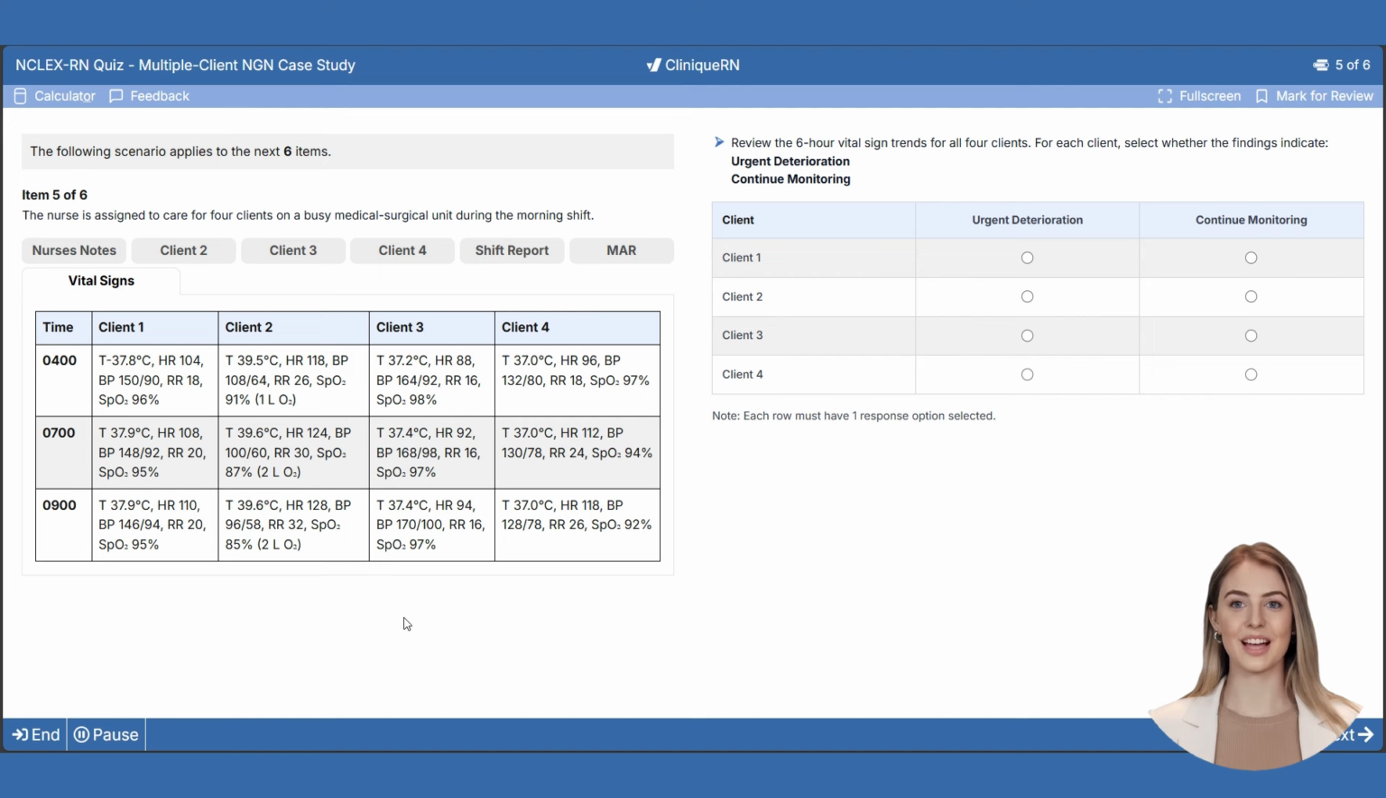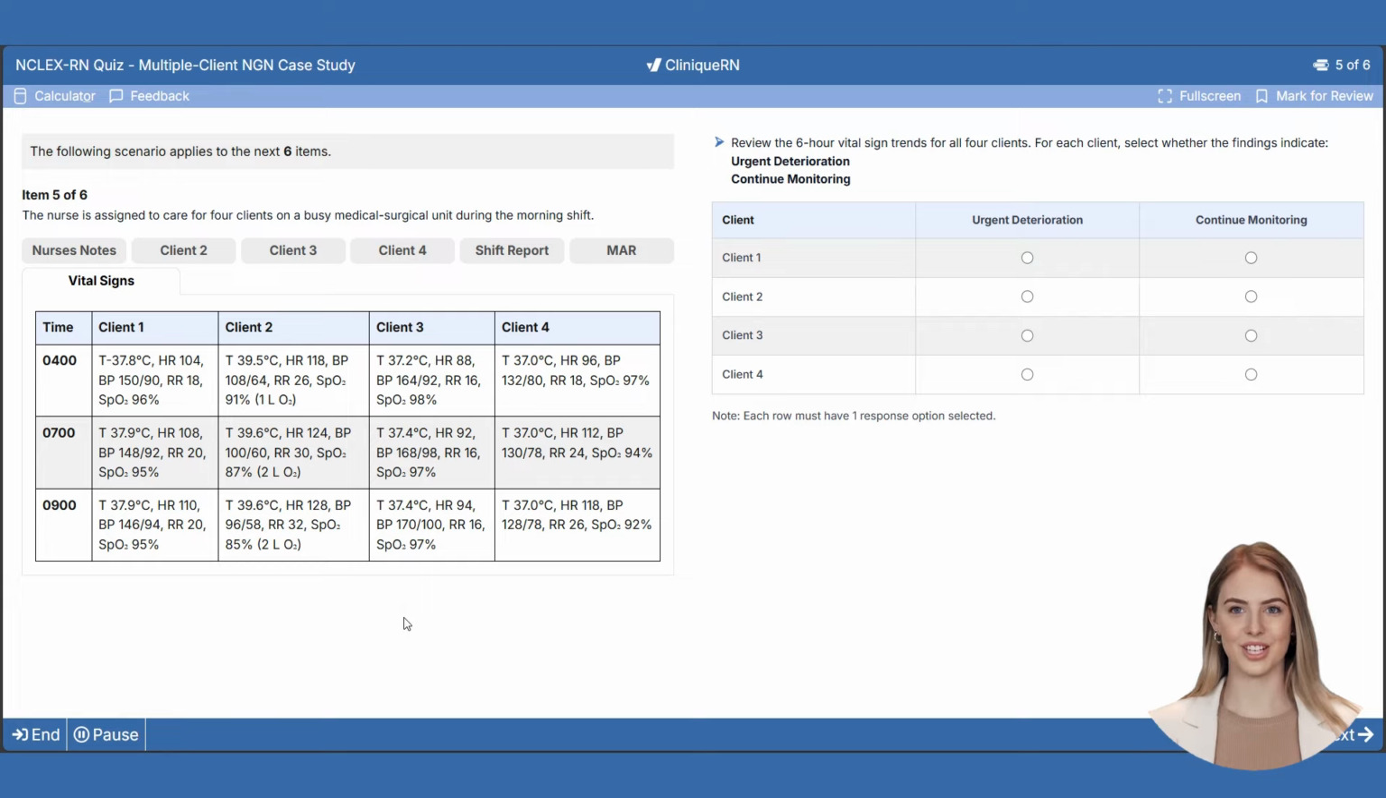Time, 0700. Client 1, temperature 37.9 degrees Celsius, heart rate 108, blood pressure 148/92, respiratory rate 20, peripheral capillary oxygen saturation 95%. Client 2, temperature 39.6 degrees Celsius, heart rate 124, blood pressure 100/60, respiratory rate 30, peripheral capillary oxygen saturation 87%,